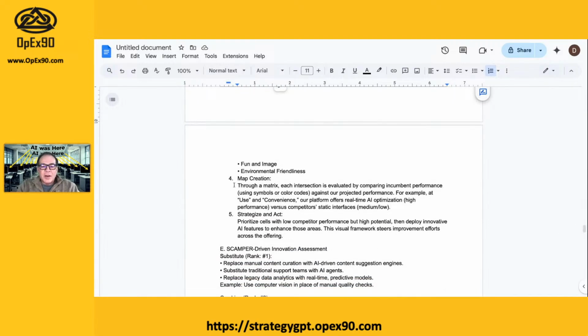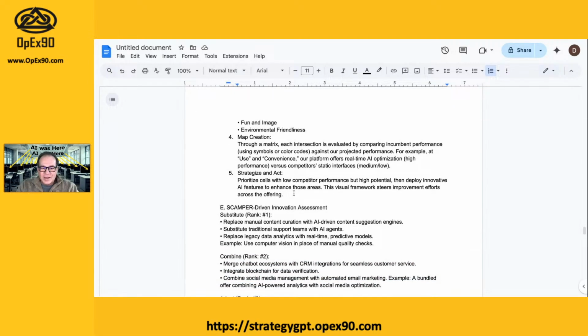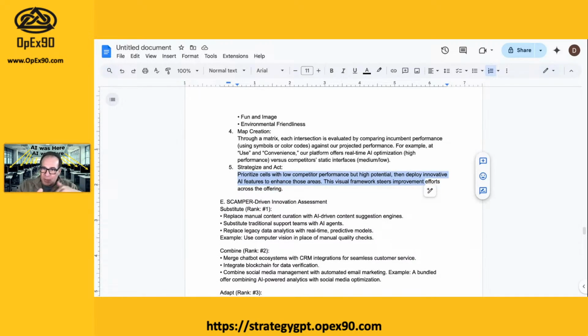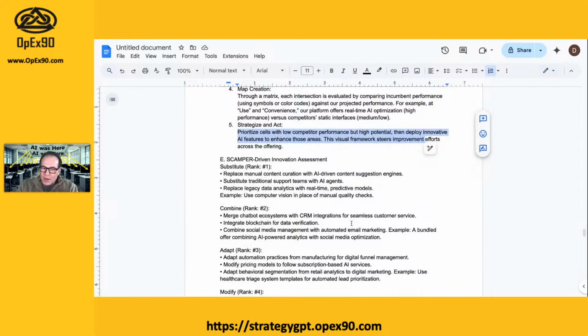Map creation. Now this here, it would create a map for us in the document. It would create a nice little table for us to look at, but we're not going to look at that. Now we need to strategize and act. We need to prioritize what it is we want to do. Now here's where my little special sauce is. I said, you know what? Let's drop in here this SCAMPER type analysis to force ChatGPT or these large language models, let's break it. Let's make it not just regurgitate and give us the simple stuff. Let's intentionally have it go out and try different combinations of stuff to bring back a better result.